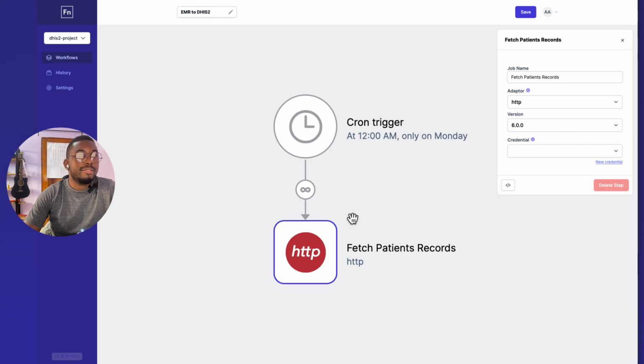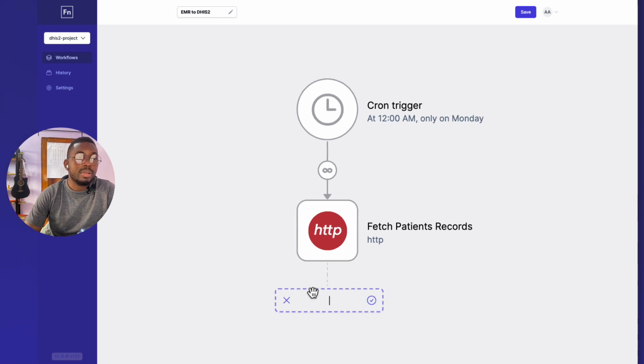Now that we are done with the first step, let's move on to the second step. So for the second step, we are required to map the data elements to the DHIS2 data model. There are two ways we can do this. We can either create a separate step and call it